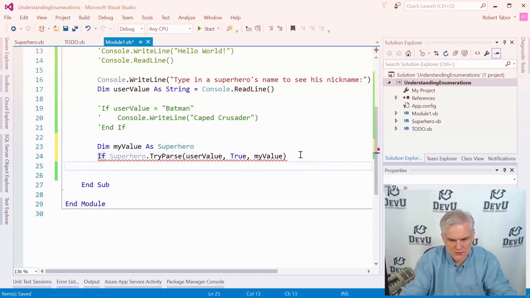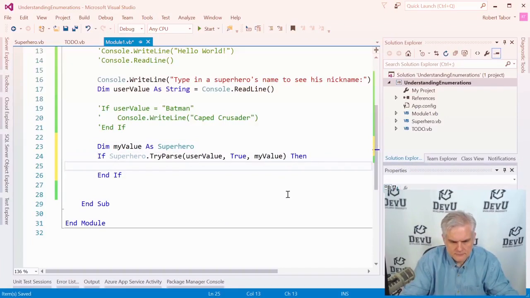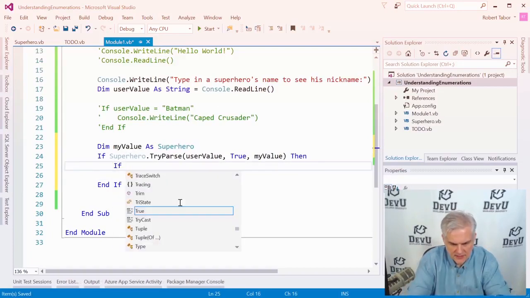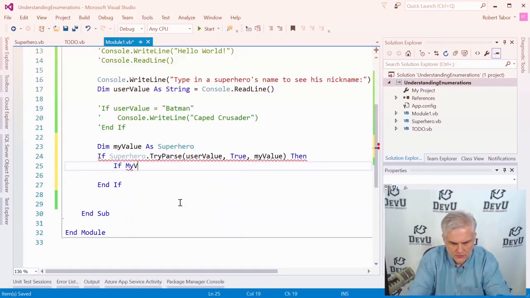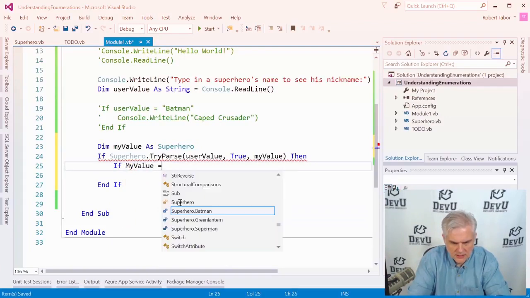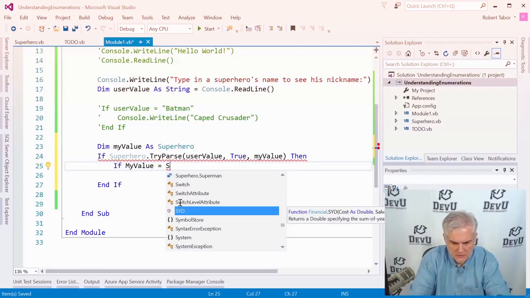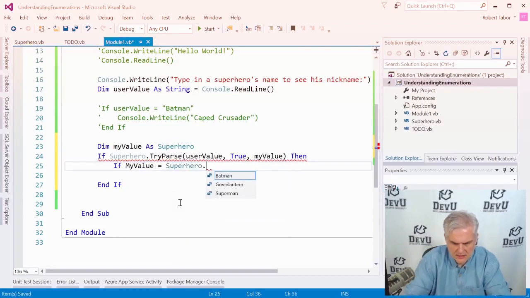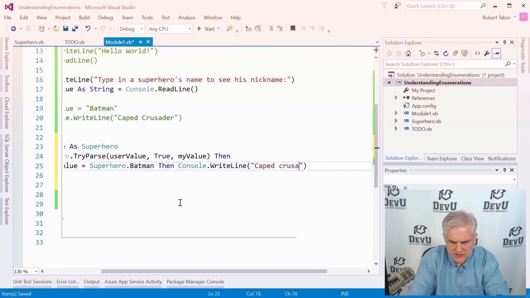Okay, so what we're going to attempt to do is take the user value that they typed in, and we're going to try and parse that string that they type in into a type of superhero. And if we can do that successfully, then we'll go ahead, we'll go if my value equals superhero dot Batman, then console.writeLine Caped Crusader,